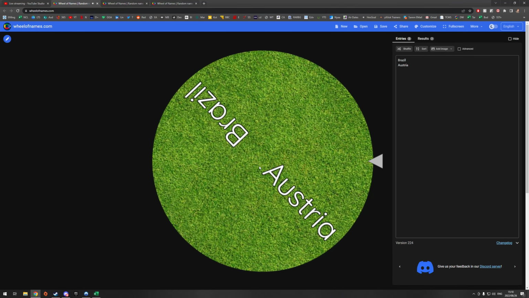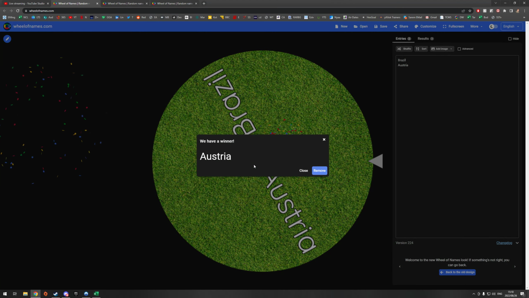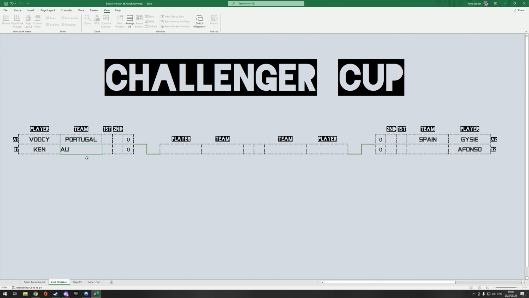Yo, yo, crazy. Then got done dirty. First he got Arsenal in the league, now he gets Austria in the Challenger Cup, crazy. And then obviously Alfonso gets Brazil.